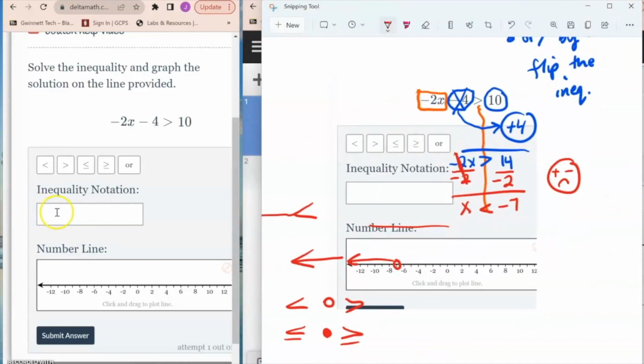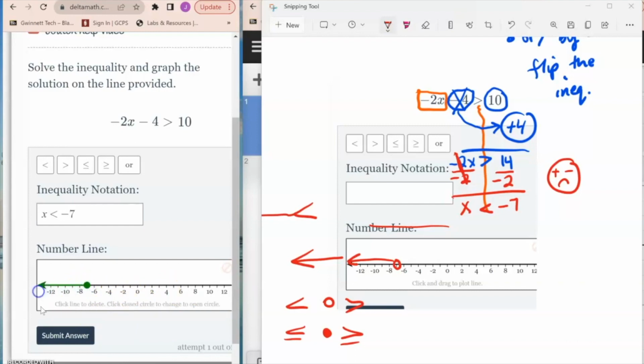X is less than, and you're going to write the whole thing. So you're going to write x is strictly less than negative 7. And then to graph it, you're going to do an open circle over here. So it says click and drag to plot the line. So I'm going to click